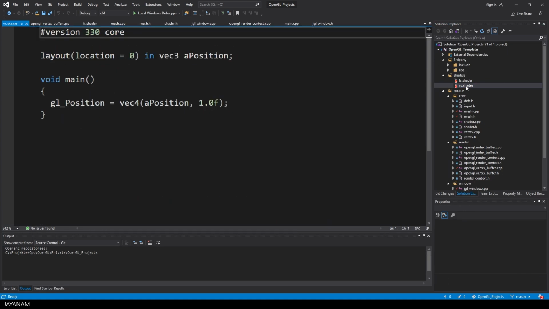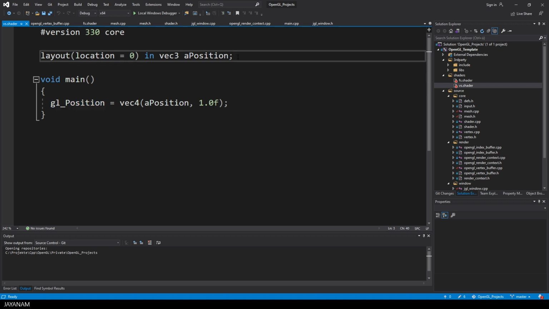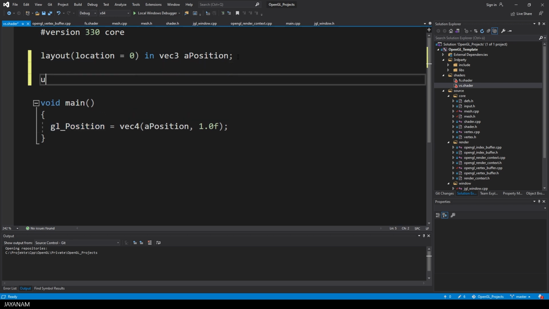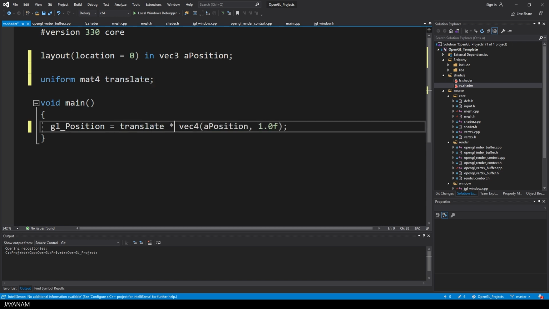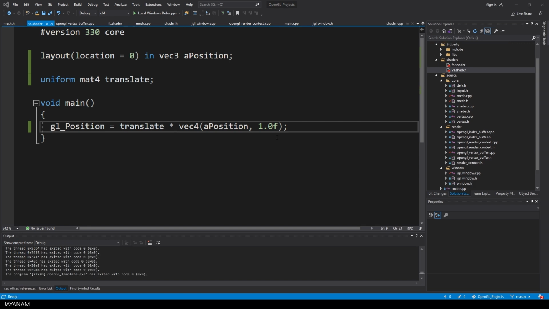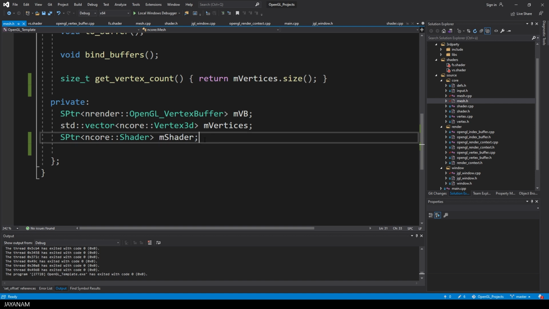Okay, that's nice, but now let me show you how to use the vertex shader to dynamically change the location of the mesh. What I'm going to do is to add a new uniform, and this will be a matrix. Because when we are multiplying this position with a translation matrix, then we can move the vertices around. The mathematical topic behind that is linear algebra. If you're interested in that, let me know. It's a huge topic, but it is understandable and we can do a tutorial if you like. For now, just accept that this is changing the position, and now I'll show you how to pass a translation